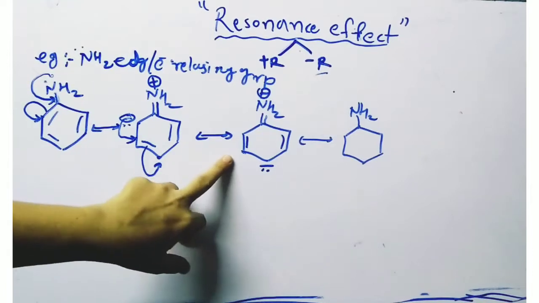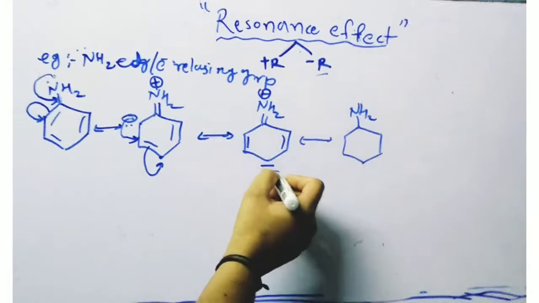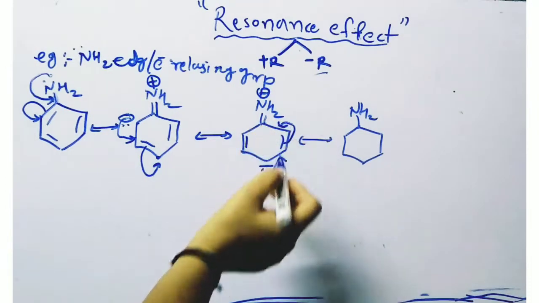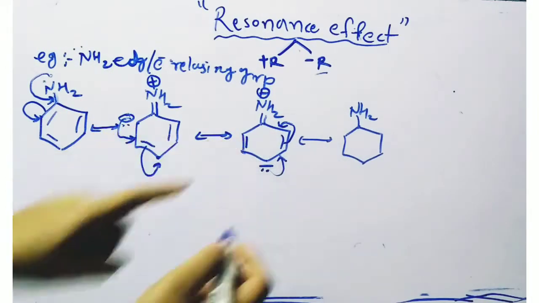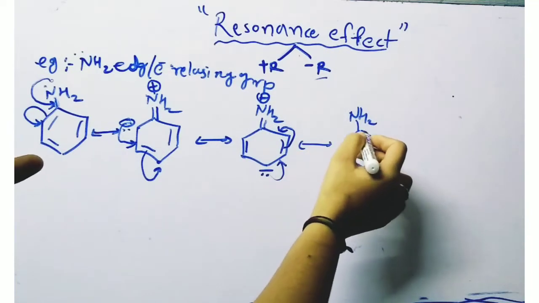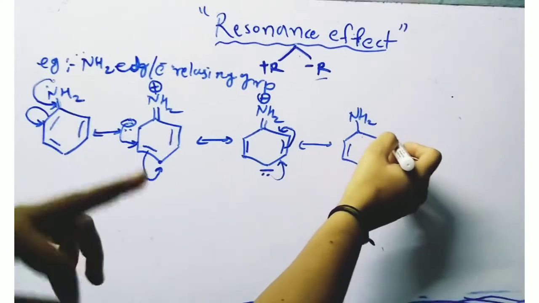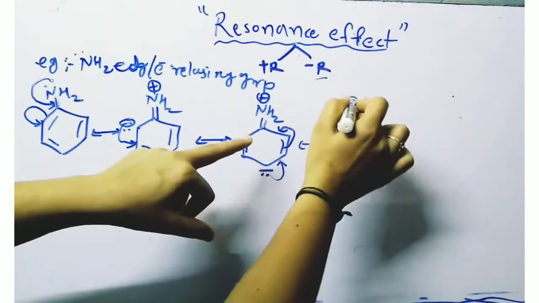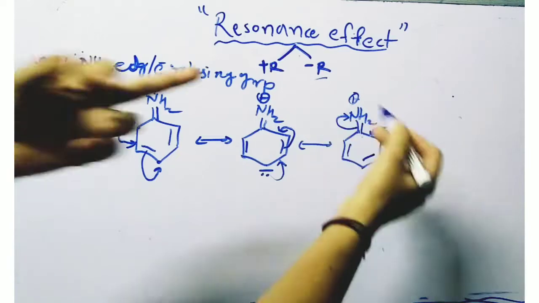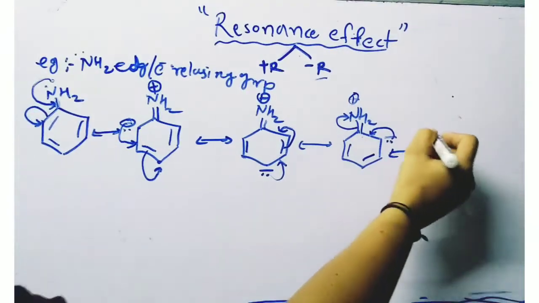Okay, here now what happens, this will try to move in this carbon bond. So this bond will shift towards this compound, and here we get a double bond, and this bond will shift here. This is the lone pair and the electron. This is the double bond, and this nitrogen is positive already. So after this shifting, this bond will move like this, and we got our original product, that is